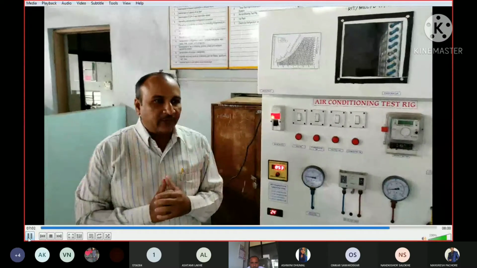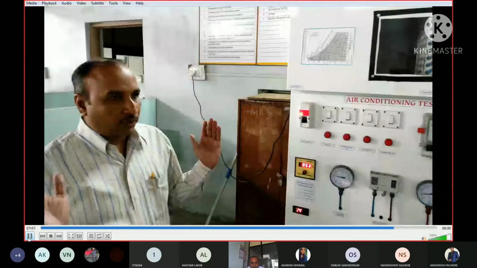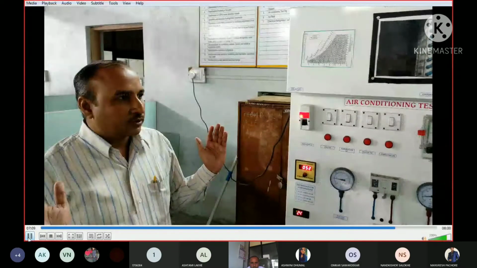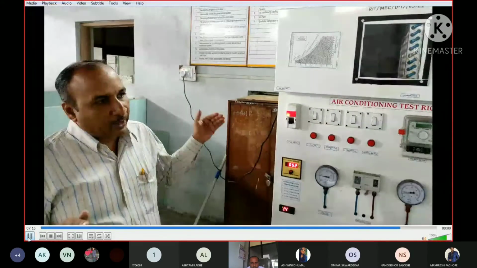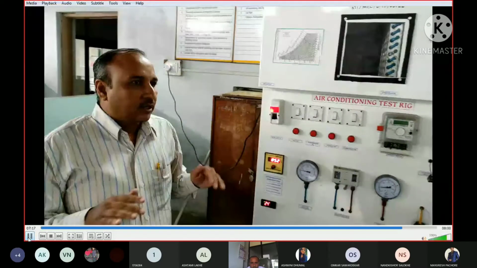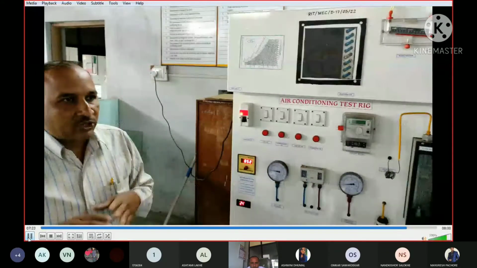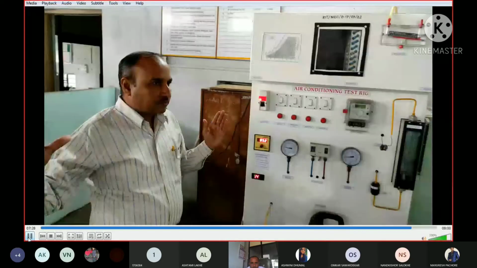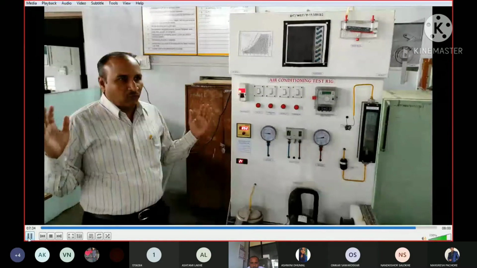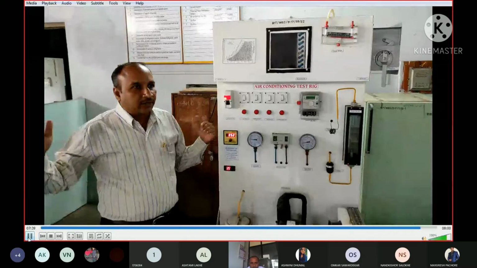So what is this wet bulb temperature? You take a long insulated duct. There is an insulated duct, and at the bottom of this duct there is a shallow pool of water. When air passes through this duct, the shallow water gets evaporated into that air. At the end of this process there is a thermometer placed. Assuming that this is an infinitely long insulated duct which has a shallow pool of water, imagine that the air is flowing through this duct, and at the end you see that the air is saturated.